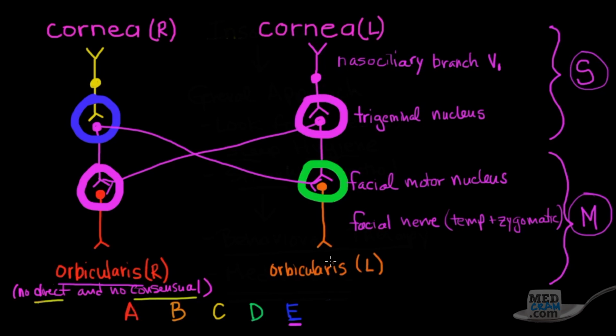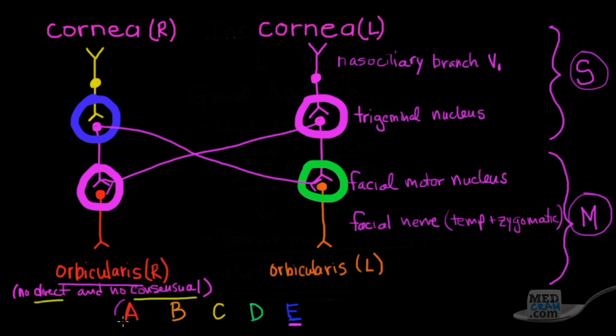So let's go to B. B would be a situation here where this facial nerve, either the temporal or the zygomatic, and specifically B was the zygomatic, is not working. That obviously is not consistent with what the problem is in the stem, but again, what would happen? If we stimulated the right cornea, it would go through here and all the way through, and you would have contraction of the right eye and the orbicularis oculi. However, when it would cross over and go here, there would be no output from the facial nerve. And so once again, regardless of whether it would be consensual or direct, the left orbicularis oculi would not contract.